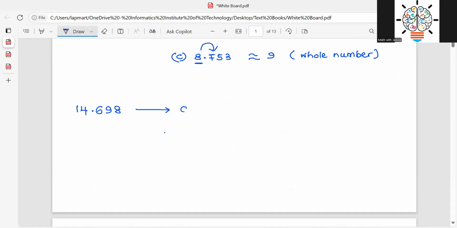So what is the first thing? You want to correct it to the second decimal place, no? 14.698. This is the second decimal place, children. I look at the next number. When I look at the next number, it is more than 5. What we are supposed to do, we need to add 1. To where we need to add 1? We add 1 to 9. That becomes 10. So that means approximately this is equal to